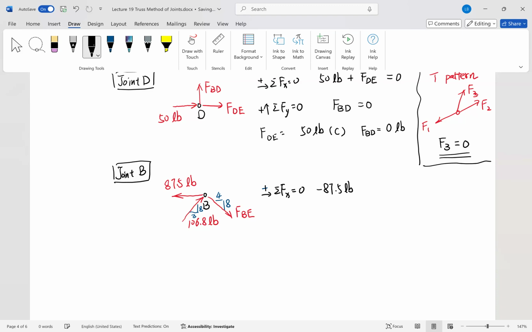And we also have the x component of the rest of the two member forces here, right? If we look at the 106.8 pound force here, the horizontal component should equal to,